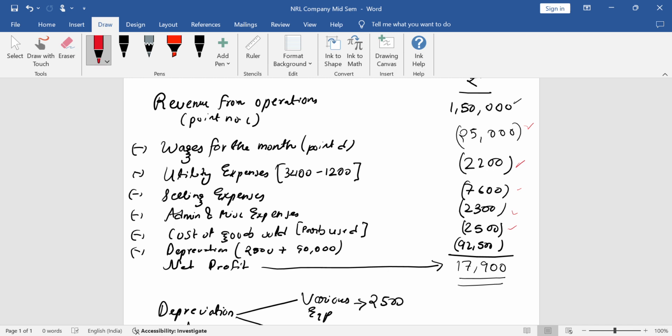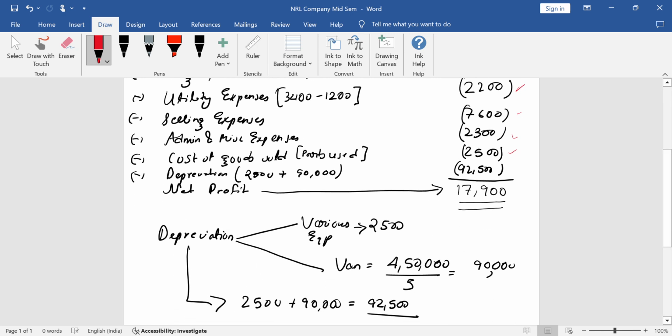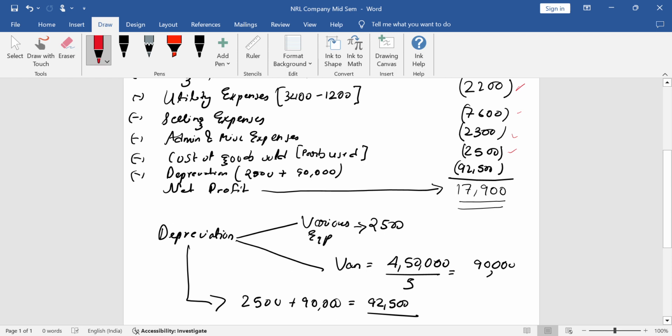Now for depreciation we have to focus carefully, because it is given in the question that depreciation on various equipment excluding the service van is rupees 2,500. So I have taken the depreciation. I made two branches, various equipments and van. For various equipments we have 2,500 rupees given as depreciation, but for the van we have to calculate it